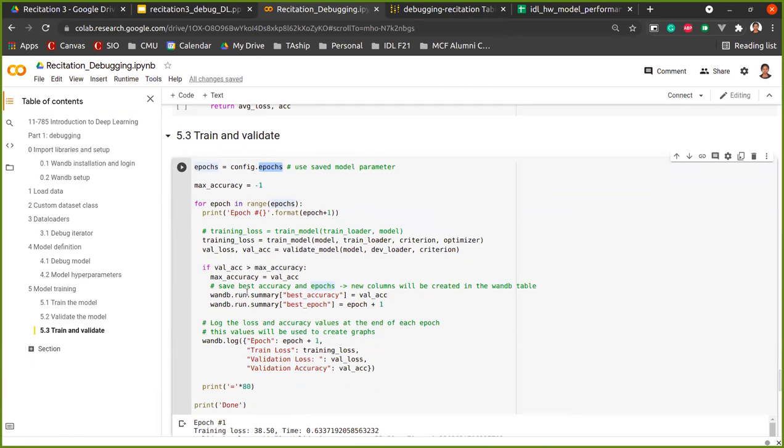And now for the logging part, there are two ways for you to log output to WandB. One way is using run.summary. When you use run.summary, it's going to create a column that's going to be rewritten on every run. I'll show you the table for you to get a better sense, because ideally when you're training your model, you need to know the best accuracy as well as the best epoch, the epoch that gave you the best accuracy, because it will help you when you're tuning your parameters. So you can store these metrics in WandB,